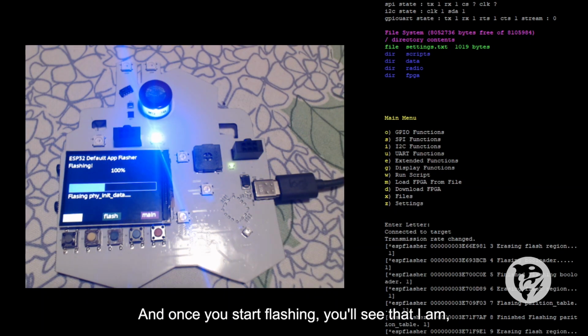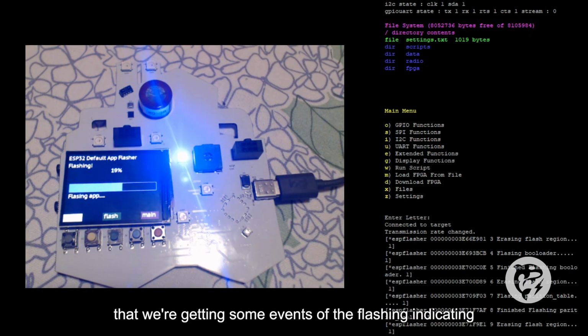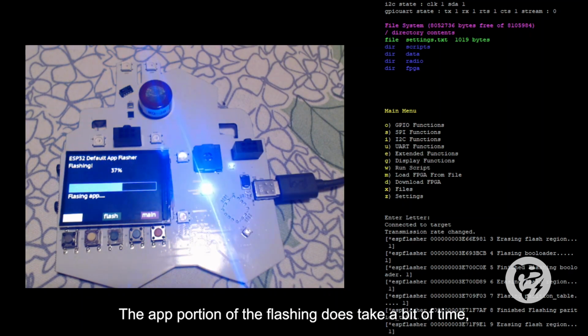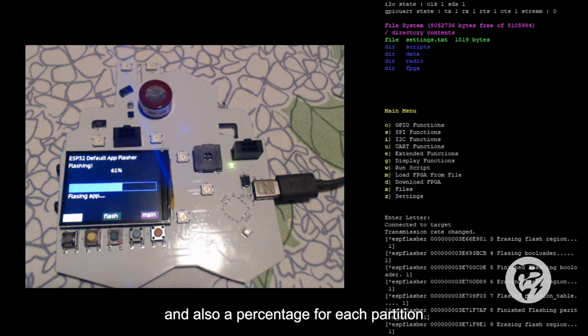Once you start flashing, you'll see that the screen is attempting to load the necessary binary data onto the ESP32. You can also see in the terminal that we're getting some events of the flashing, indicating that the flashing process started. The app portion of the flashing does take a bit of time, so bear with it. There's also a progress bar for each portion, and a percentage for each partition that is being flashed